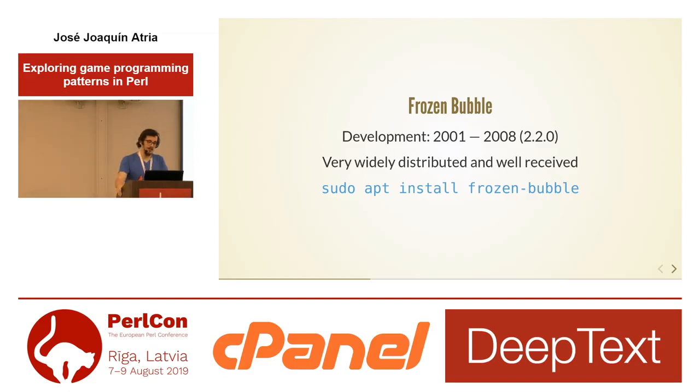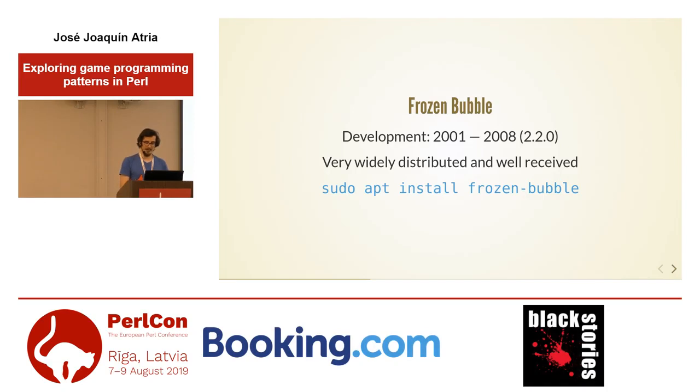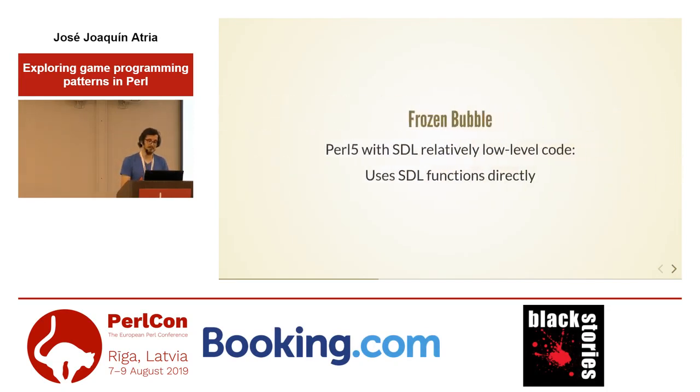It was developed between 2001 and 2008, and it's very widely distributed, very well received. You can install it on your own machine using your package manager of choice, and it just works. It is written with relatively low-level SDL code, so it basically talks to the SDL functions directly. So it might not be the best example to follow when you're writing your new game, but it definitely proves that you can build a game, release it, distribute it, and then have several 100,000 people playing it all over